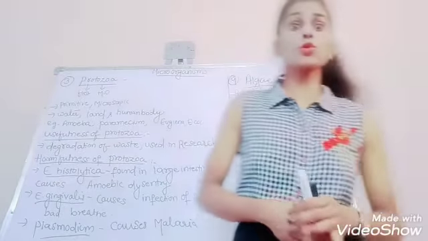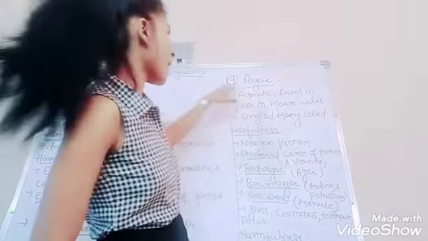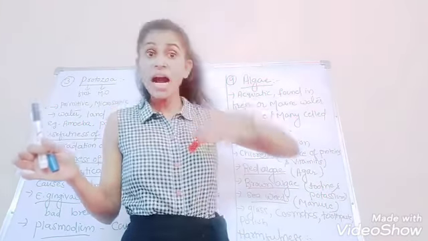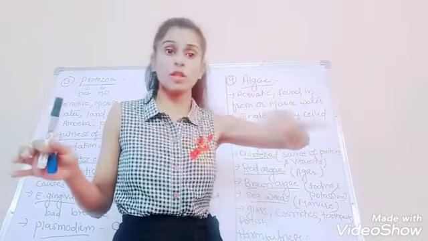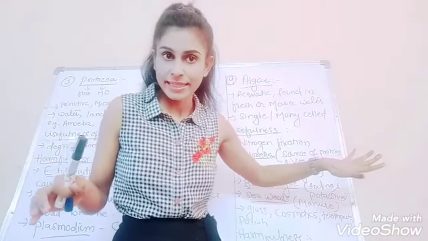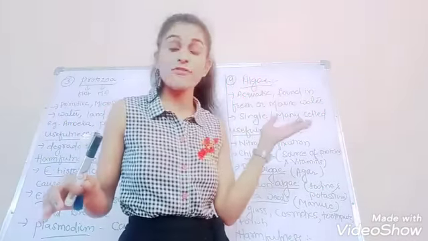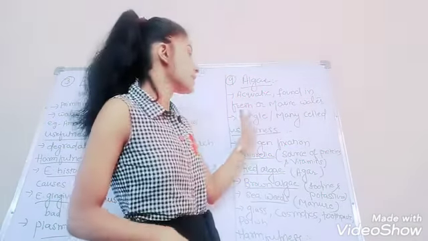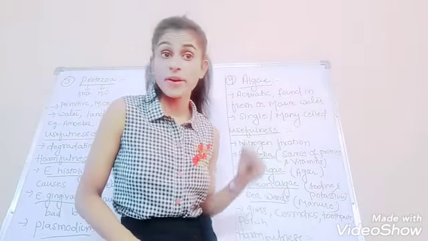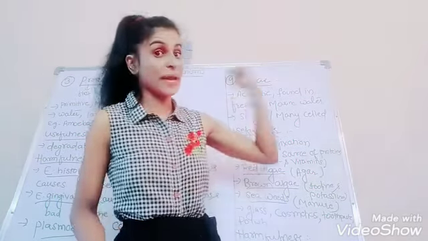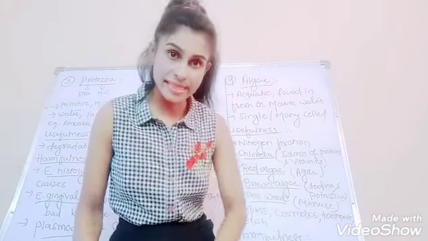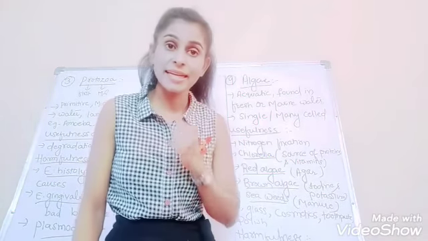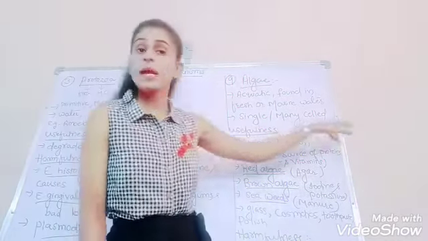Now let's move on to the fourth type of microorganism, algae, which I already told you about. You have seen algal bloom on the surface of water. Almost all of us have seen it. These are algae, and they are generally found in fresh water as well as in salt water or marine water. The most important point to remember regarding algae is that it may be single cell or many cell, unicellular or multicellular. Which one? Algae. So algae may be single or many celled.